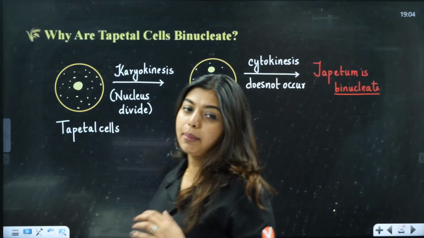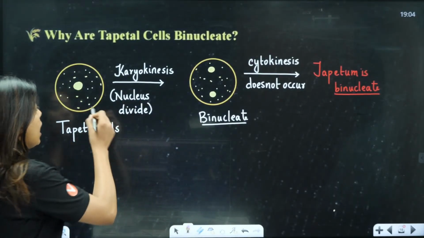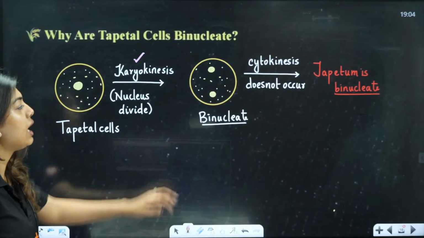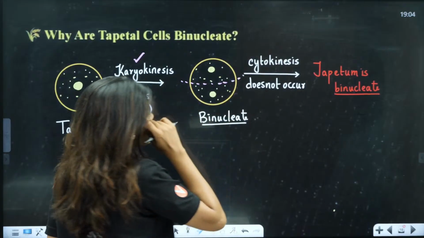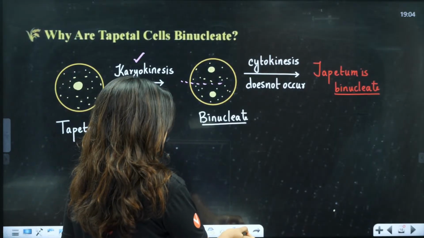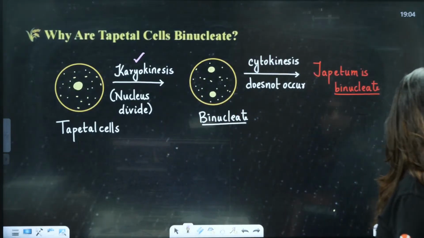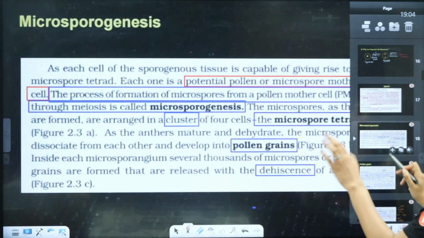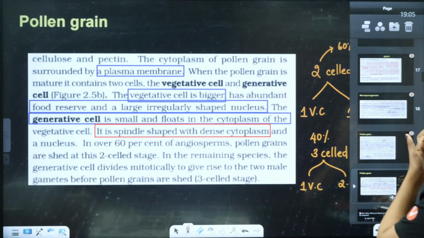Now, why are tapetal cells binucleated? Someone asked one question. So, the main reason, students, is that tapetal cells undergo karyokinesis. Karyokinesis means the nucleus divides. But after the nucleus divides, normally what happens? Cell wall formation happens. Cytokinesis should have followed, but it did not, because of which tapetal cells are binucleated. That means karyokinesis is not followed by cytokinesis. If you want, you can remember. If it is too difficult, you can skip. Okay, you can skip. I have highlighted NCERT here so that it will be easy for you to study. So, go through NCERT. Don't miss NCERT. Okay.